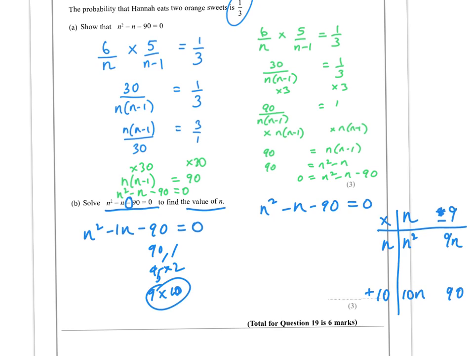We'd have the n times the minus 9, that would be minus 9n. This would be just 10n as it is, and this would be minus 90. This would be good then, that would be good, but these would sum to n, because 10n and minus 9n is just n, and that's not what we wanted. We want negative n here. So by deduction, we know that it was actually minus 10 here and plus 9, and then we have our two brackets,